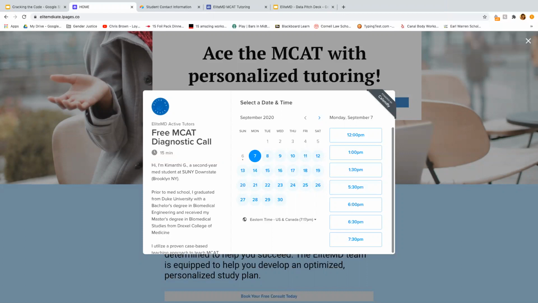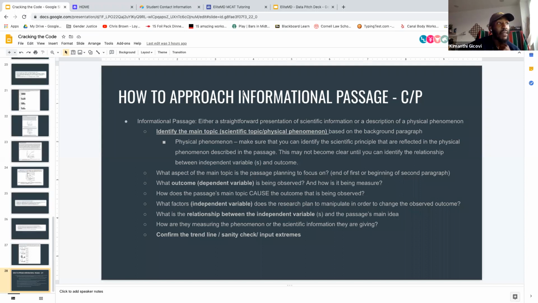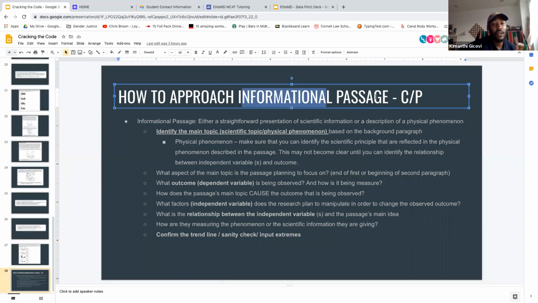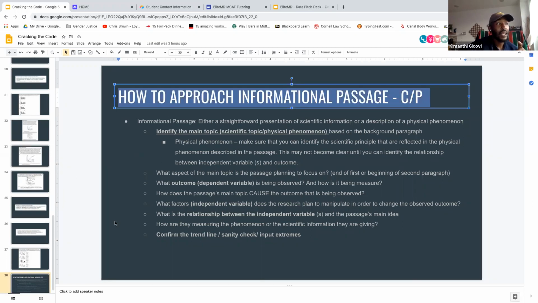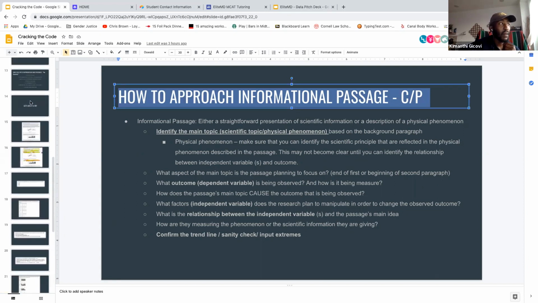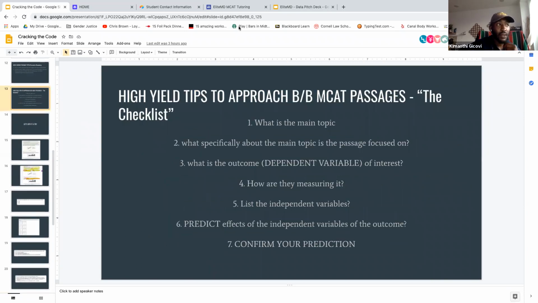So this similar checklist is going to be applicable to all sections of the MCAT? No, not at all. So there's actually 2 checklists in here, and if you notice, it's about the passage, right? The informational passage is the most common passage in the Chem Phys section. And so you notice this is a slightly different checklist. It's a little modified because the way the information is presented is going to be different. And then this, I mainly use this checklist in Biochem, but remember in Biochem, the experimental passage is the most common passage type. Right? So even in CARS, you're going to have a different model of looking at things, right?